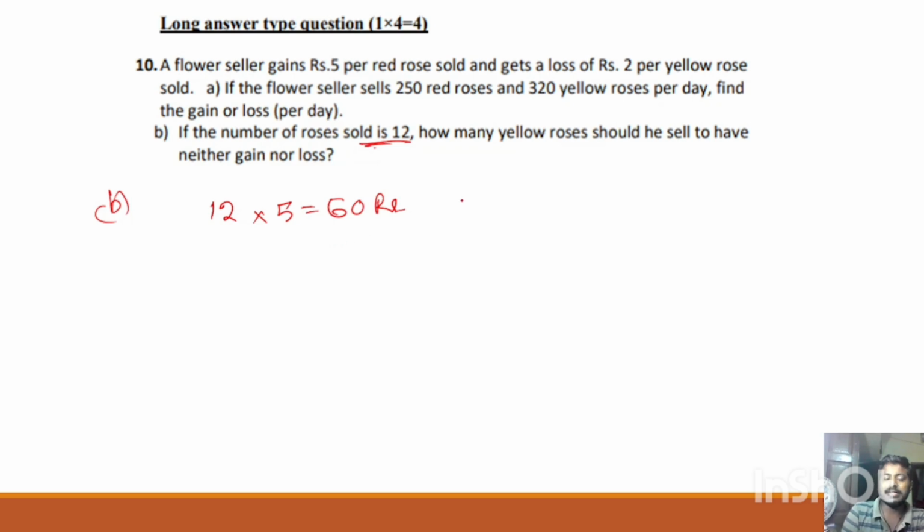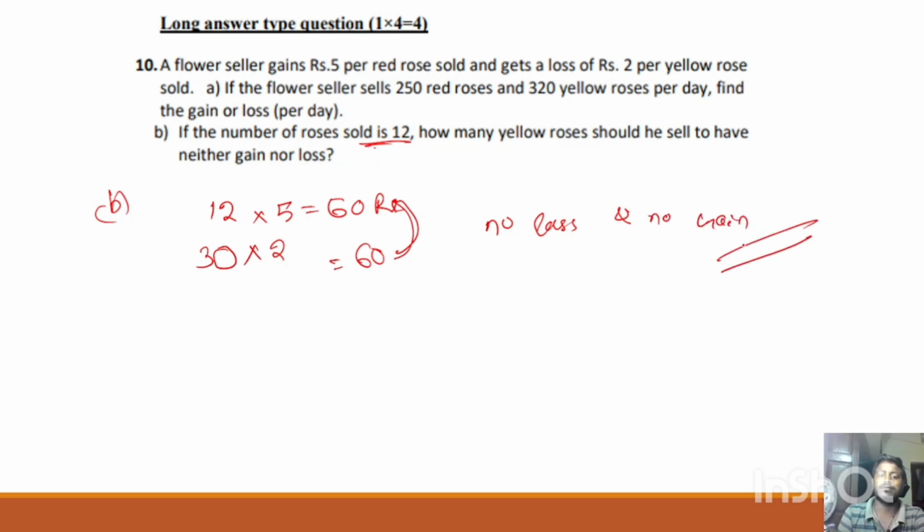Okay, means he loses 2, means he must sell 30 yellow roses, because 30 into 2 equal to 60, means 60 loss and 60 gain, that is no loss and no gain,